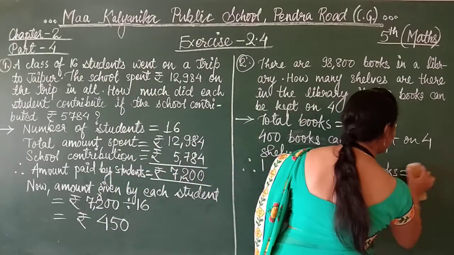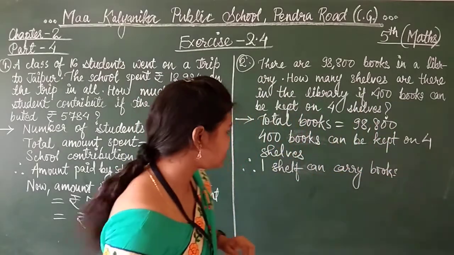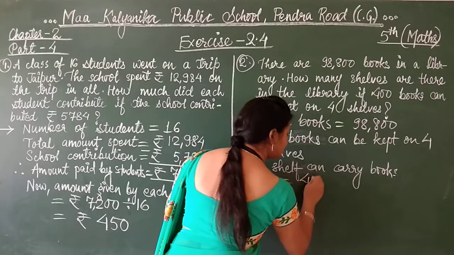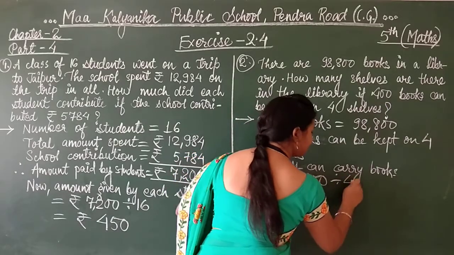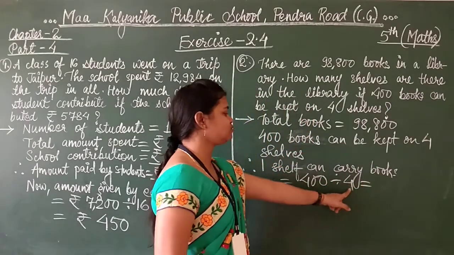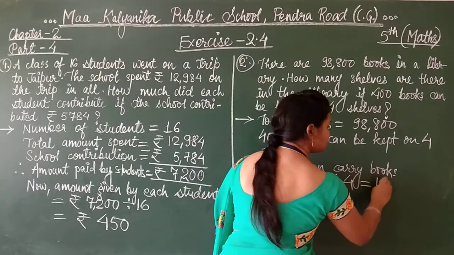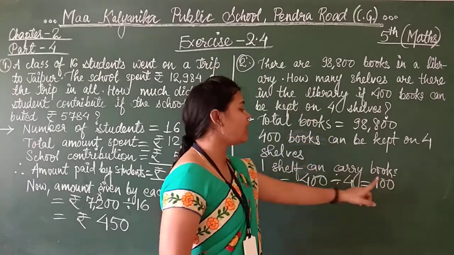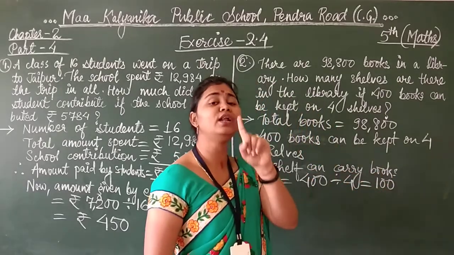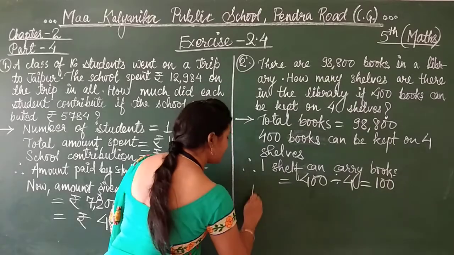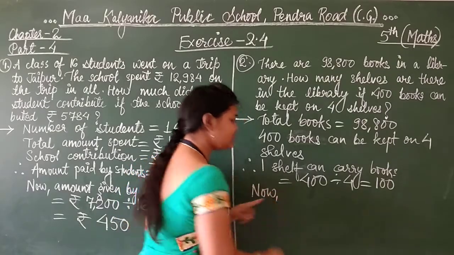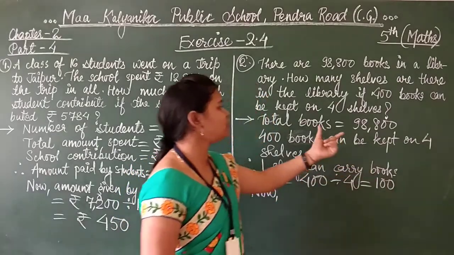I am writing it down here. I think it is not visible to you. 400 divided by 4. So the answer you are getting is 4. 1s are 4, 0s are 0, 0s are 0. So 100 books can be kept in one shelf. So now one shelf quantity we got. So now total is